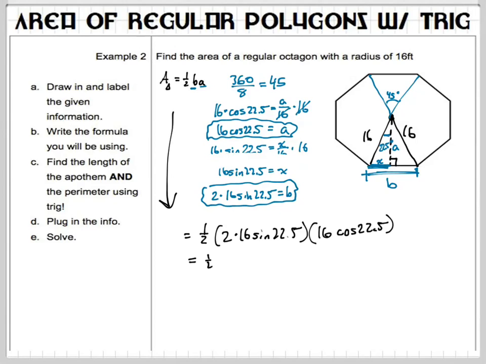I could have just gone 1/2 times 2 times 16 times sine of 22.5 times 16 times cosine of 22.5. Oh, I kind of like that. Some of you guys might recognize that better, easier, I suppose. Alright, I'm going to put squiggly brackets here because my next job is to plug all this into a calculator. Alright, let's plug it into a calculator. Tell me what you get. Alright, so once you plug all that in, you get 90.5, and it has a bunch of other stuff after